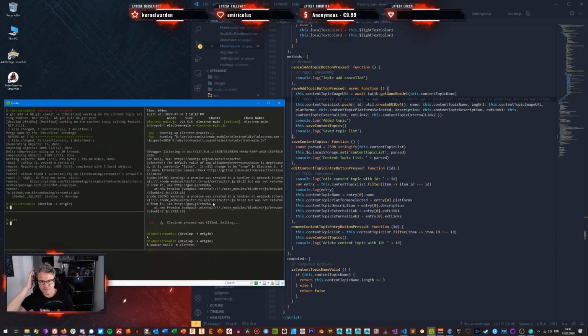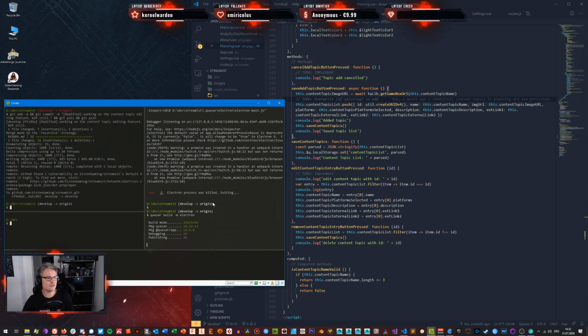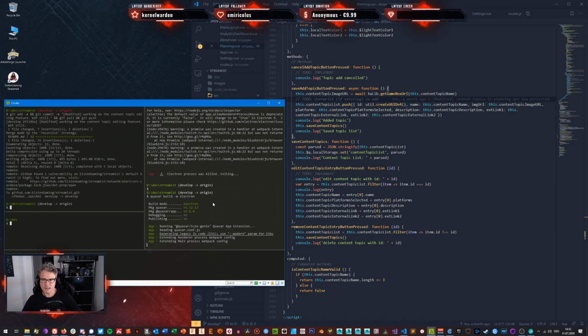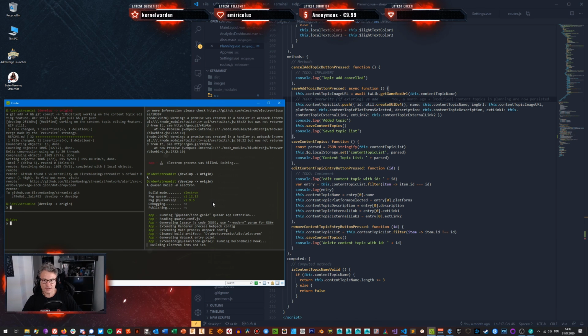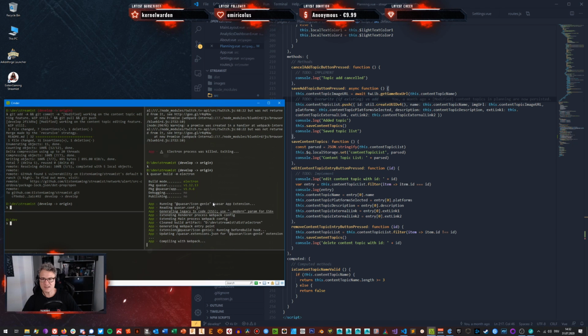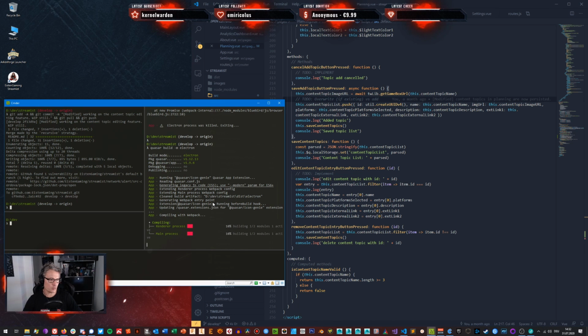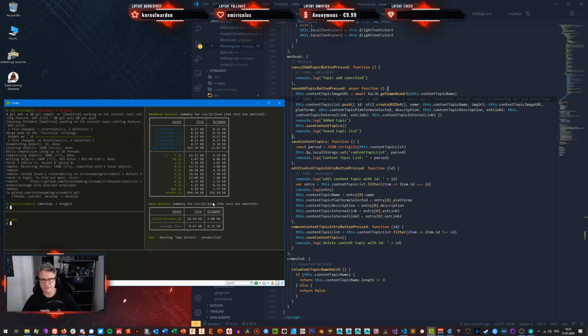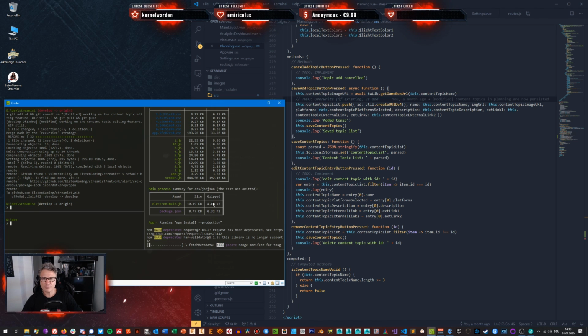Quasar build -m Electron. This means build it for the Electron platform. As I mentioned, Electron is the browser-based UI framework which is available on Linux, Mac, and Windows. For example, Discord is a good example of an Electron application, and it is really nice to work with. It has some security issues that I need to address because I think there's a vulnerability in there, but this is something I will cover during the development process.